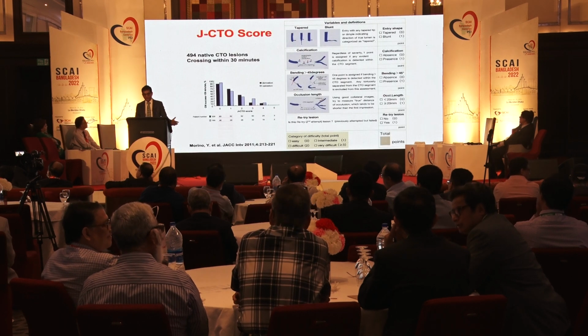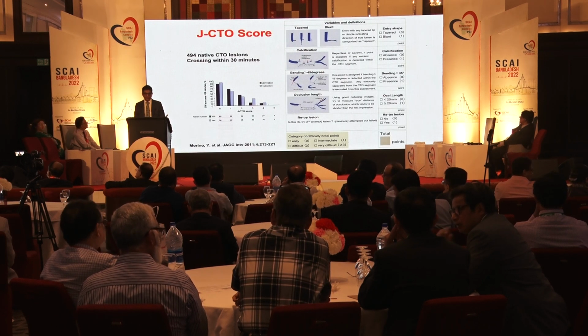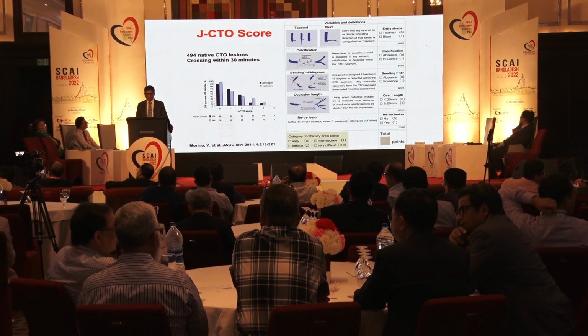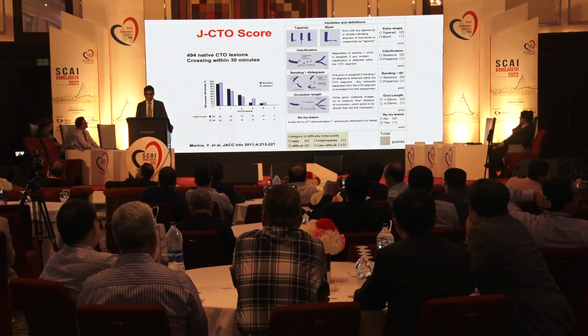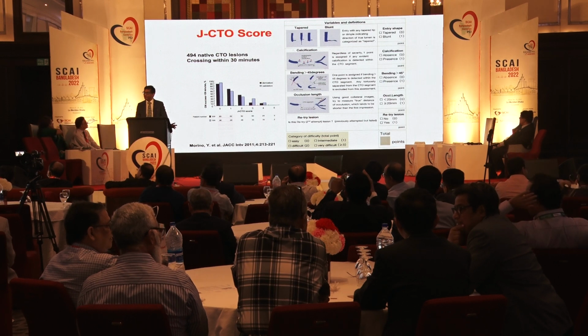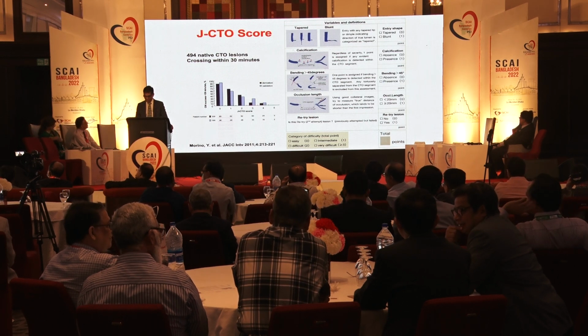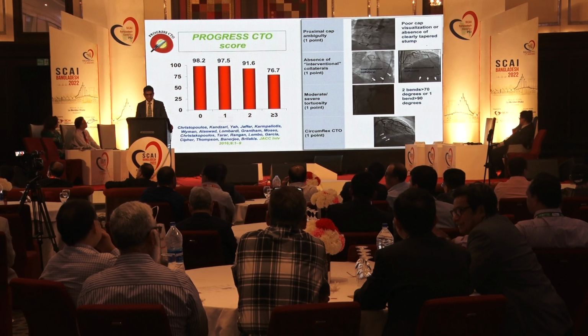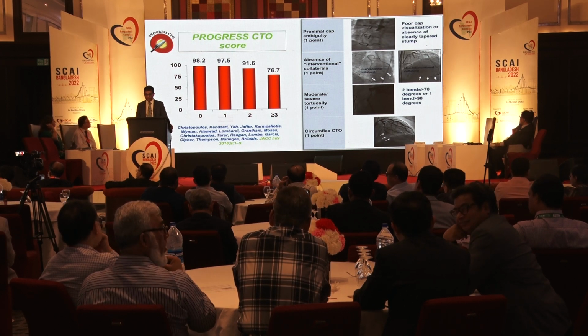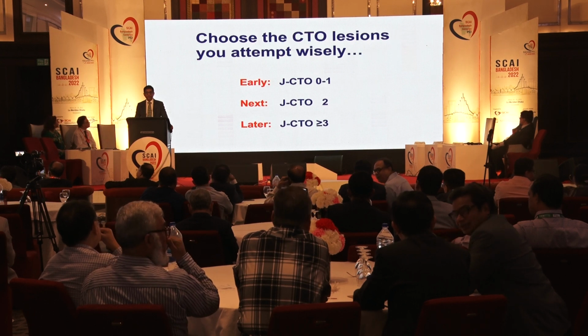So then you can look at the JCTO score. The higher the score, the worse the prognosis for success, and you know that calcification, blunt stump, angulation more than 45 degrees, and occlusion length more than 20 millimeters are the ones that will make it a worse prognosis for success. So there are other scoring systems which I will not go through, but